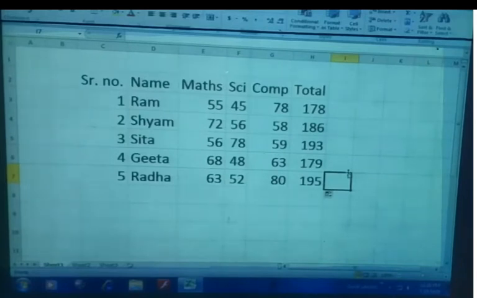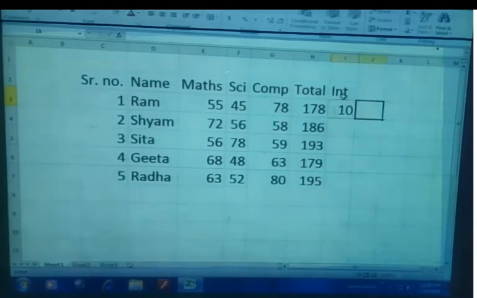Next we have absolute cell references. So for absolute cell references, let's make some changes in the worksheet over here. While copying the formula, if Excel does not change cell references and makes it constant, at that time Excel uses absolute cell referencing. To specify an absolute cell reference in a formula, enter a $ sign before any column letter and row number that you want to keep constant in the formula you plan to copy.